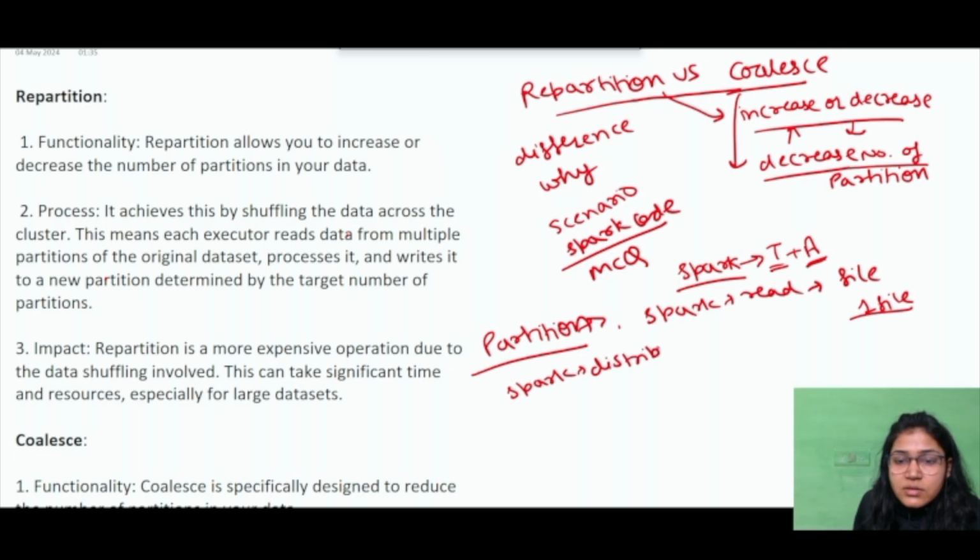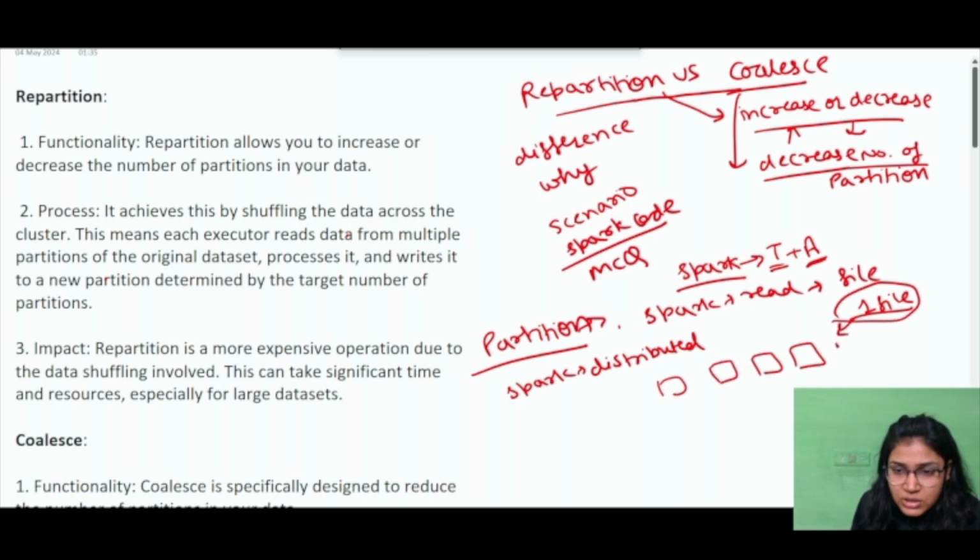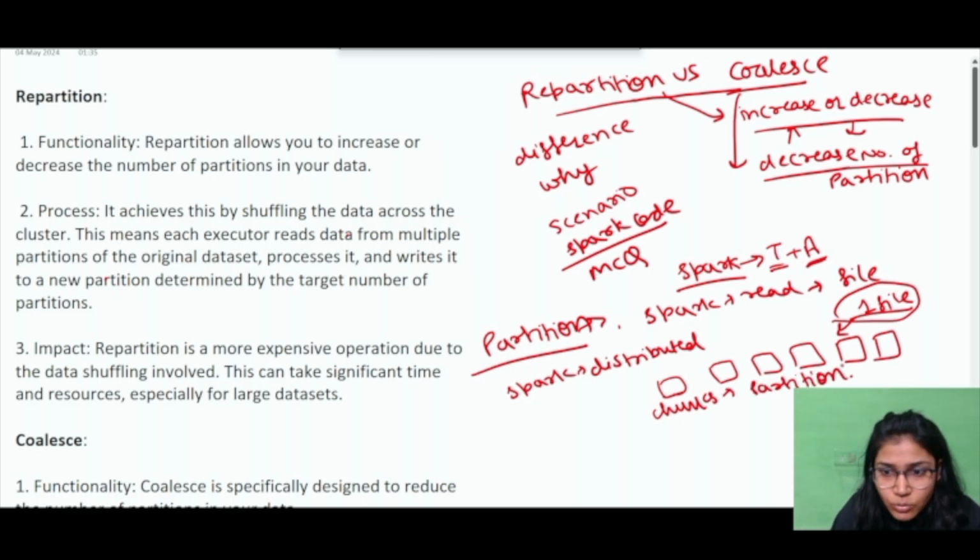So instead of executing the single file on one machine, it will read the file and distribute it across different smaller chunks. It will divide the data set and then execute all these chunks in parallel, based upon your resource configuration. These smaller chunks are nothing but what is called a partition, right? So this is what we call a partition. I hope that is clear.